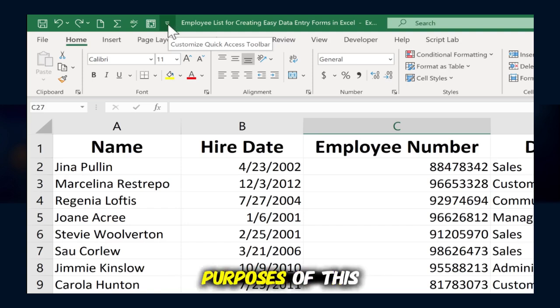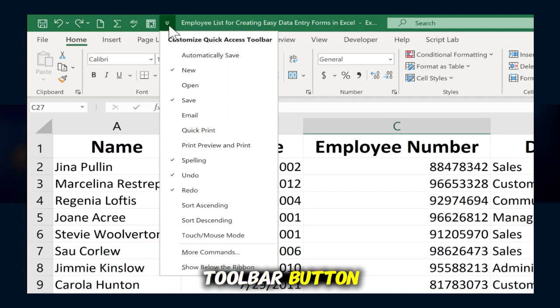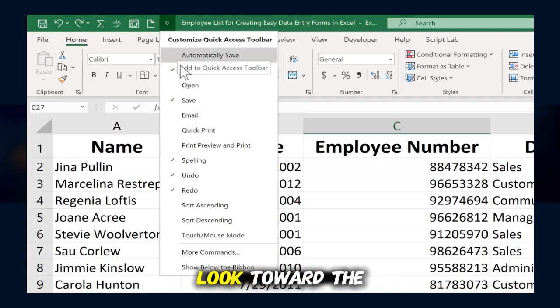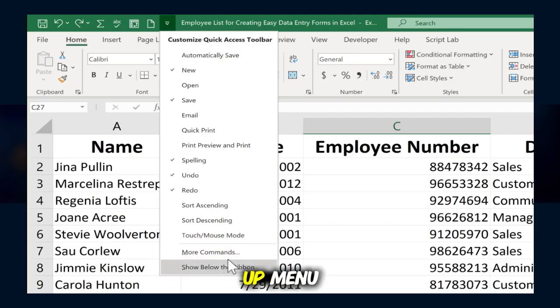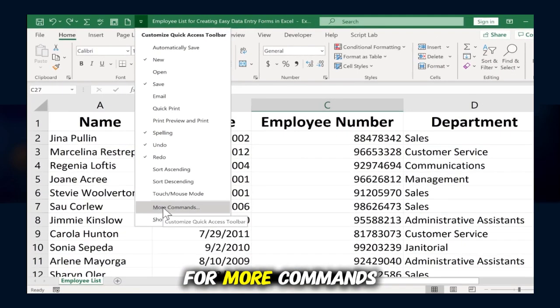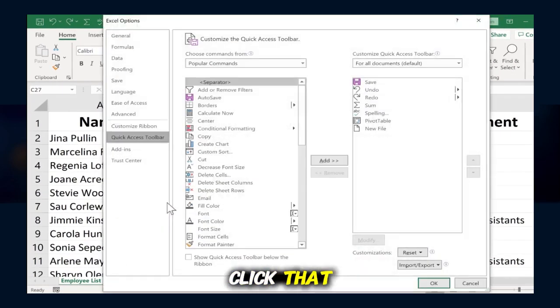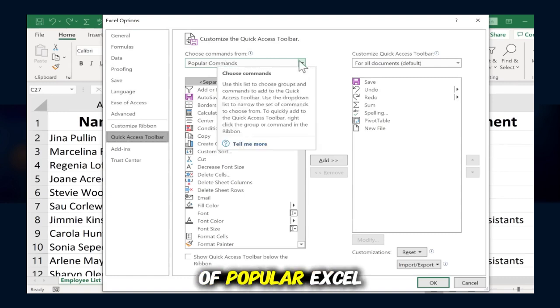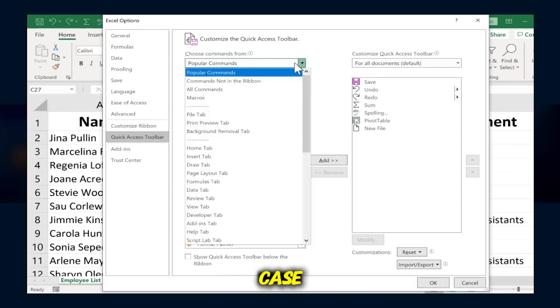But for the purposes of this video, I'm just going to click here on this button. This is the Customize Quick Access Toolbar button. When you click that, it gives you a list of some of the items that you can add to the Quick Access Toolbar or take off the Quick Access Toolbar. But if you look toward the bottom of this pop-up menu, there's an option for More Commands, and I'm going to click that. It takes me to a list of popular Excel commands,